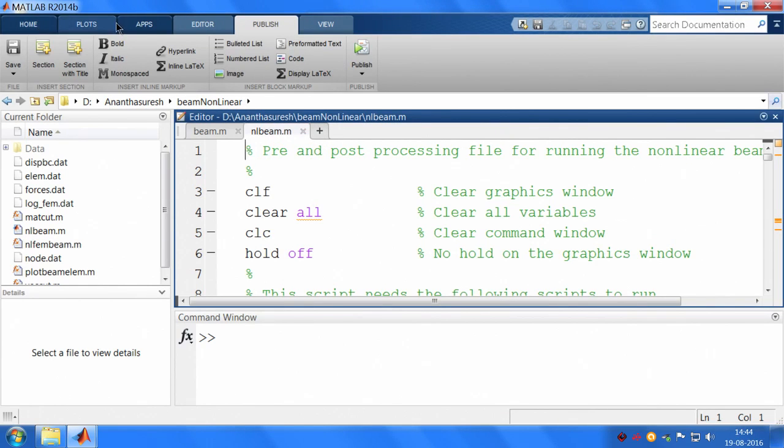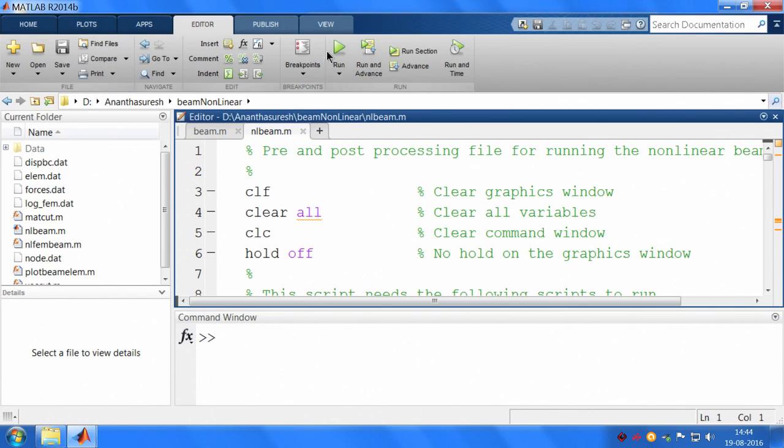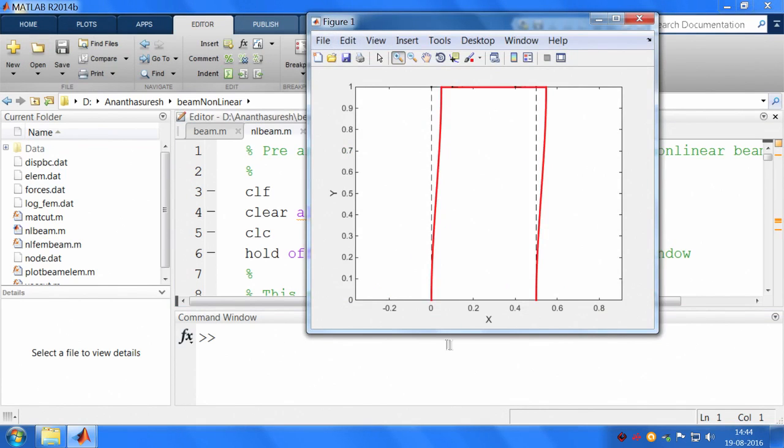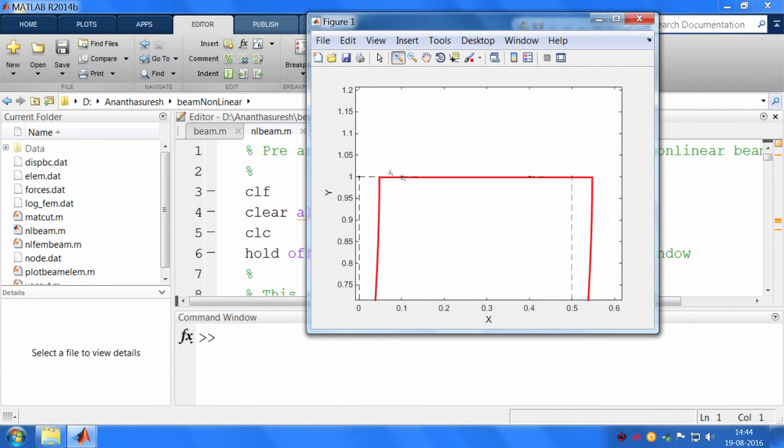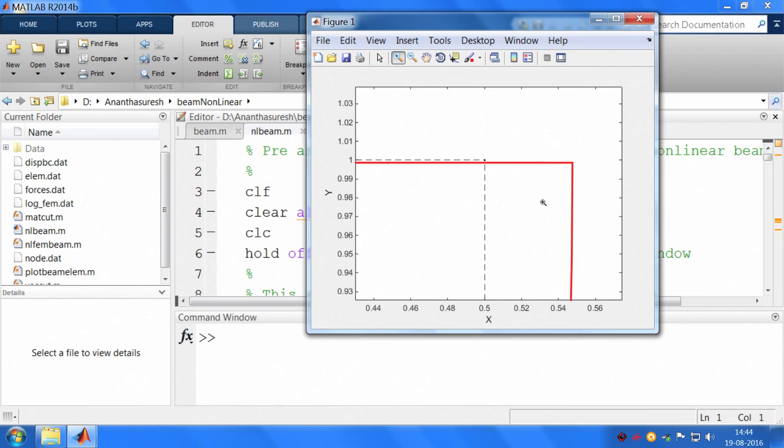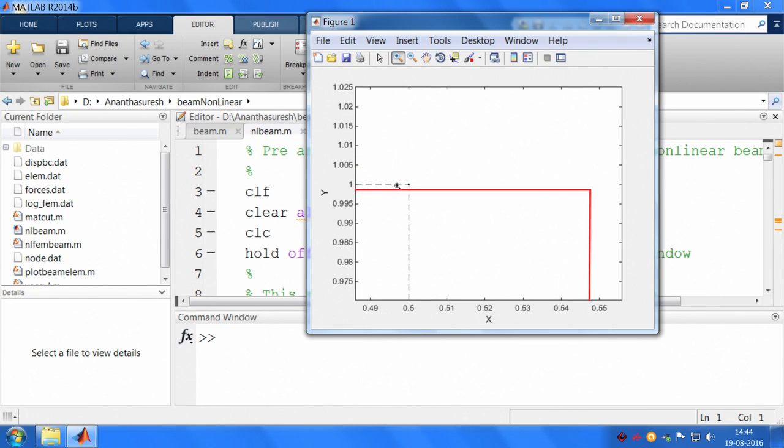So, now if I go there and run this, you see it took the files that we used for linear analysis, with only the 6 nodes that we had, 1, 2, 3, 4, 5, 6. Now, you can tell whether it has moved down or not only if you zoom in. So, let us zoom in over here to see if there is any deflection in the downward direction, and you would see if I zoom in more, there is indeed downward deflection here also,